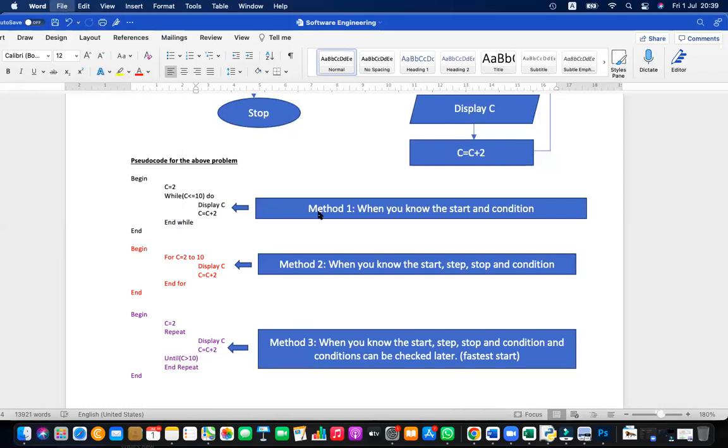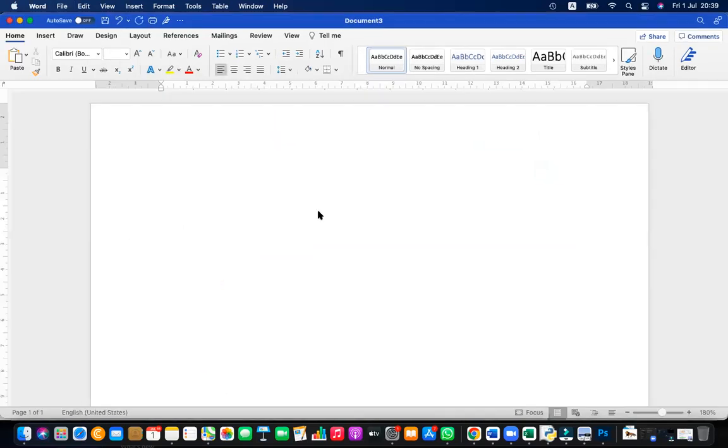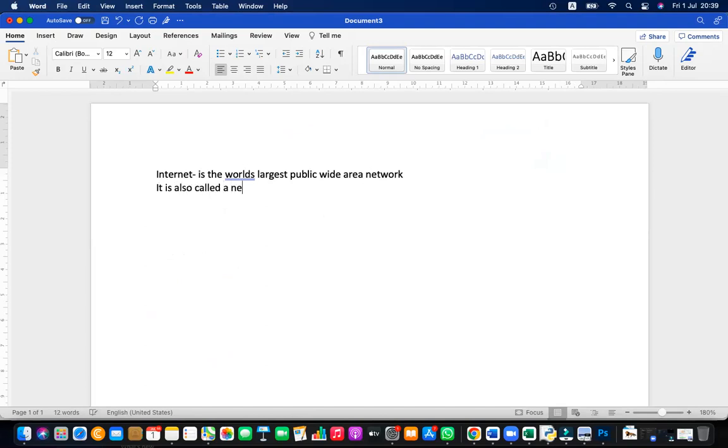The internet is the world's largest public wide area network, and it is also called a network of networks. These are the points that we learn under this chapter.